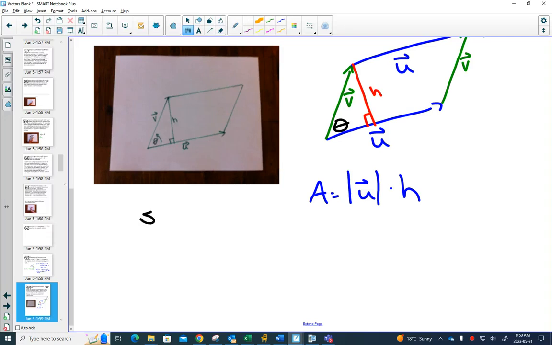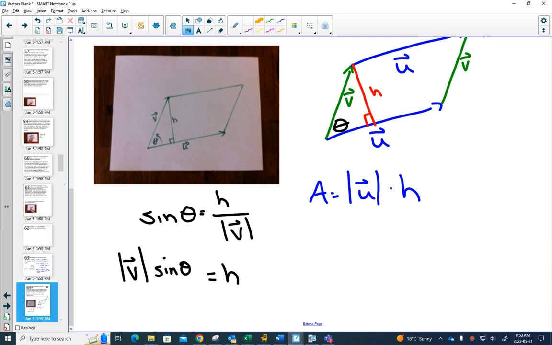I could write out by definition of sine that sine of theta is opposite, which is the height, over the hypotenuse, which happens to be the length of my vector v. If I rearrange this, I can get the height by itself is just the length of vector v times sine of theta. And then if I substitute that into my formula here,